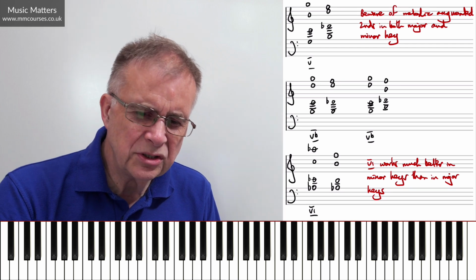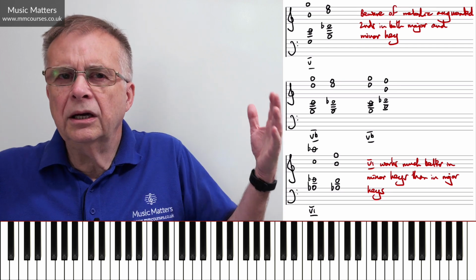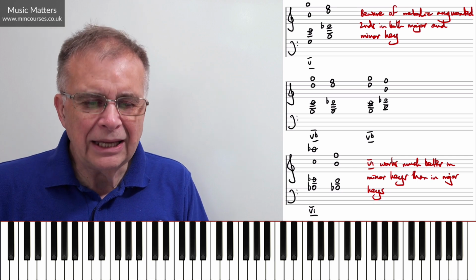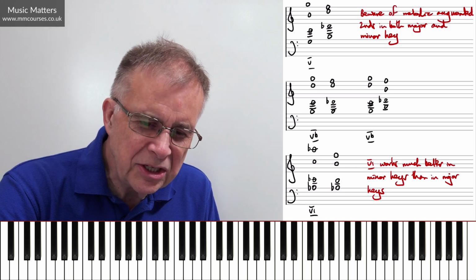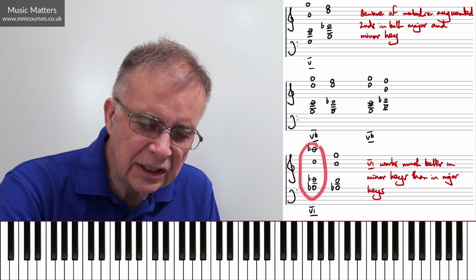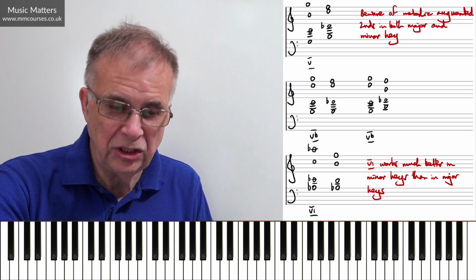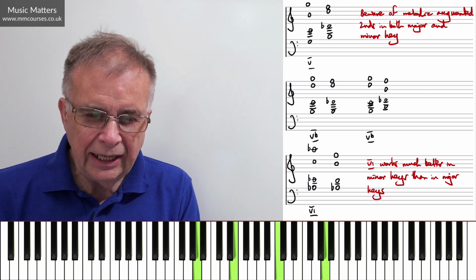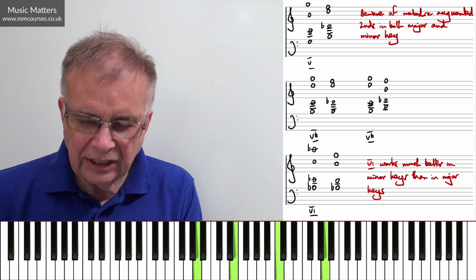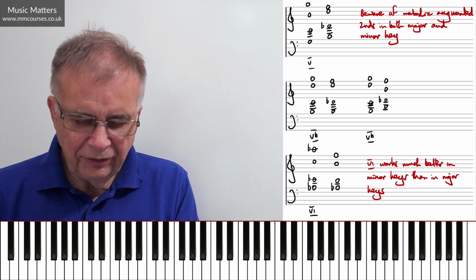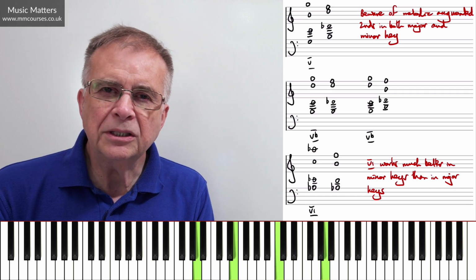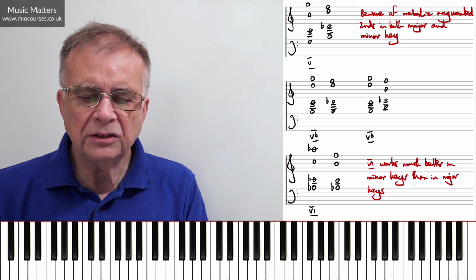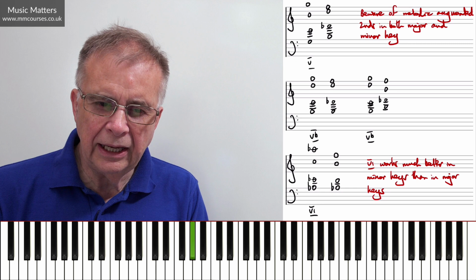Okay, well, if I can use 6 in a minor key, why can't I use 6 in a major key? Well, you can, but it can be awkward. Let's imagine for a moment that we're going to treat this as 6 in C major instead of C minor. That would give us this chord: A natural, E natural, C, A natural. Well, if I go from there onto this diminished seventh, can you hear false relations? A natural soprano, A flat bass.